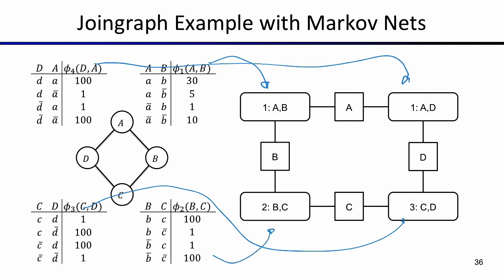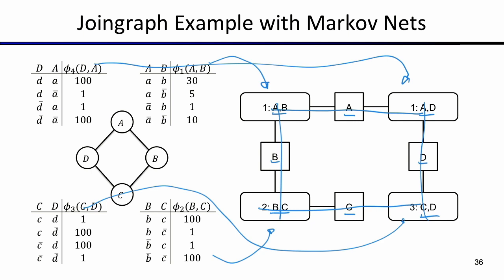And we look at what we have in terms of separators. It's going to be A, the intersection between these two; D, the intersection between these two; C, the intersection between BC and CD; and B, the intersection between AB and BC. Okay, for each variable, we should check if we have a tree. For A, we are here. For B, we are here. For C, we are here. And for D, we are here. So we are fine, everything looks correct. So we can do the inference